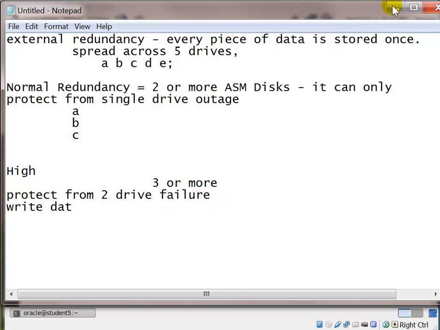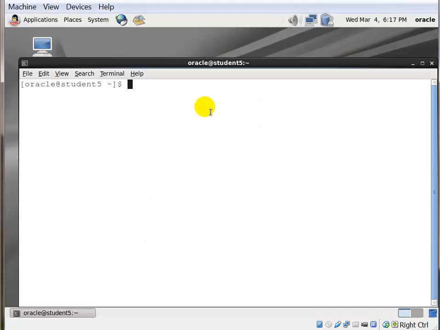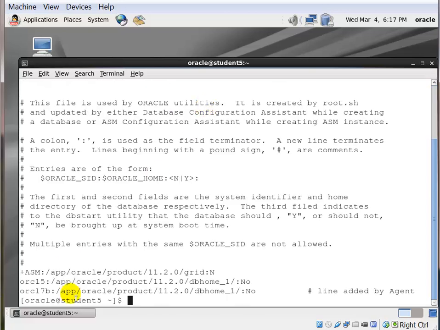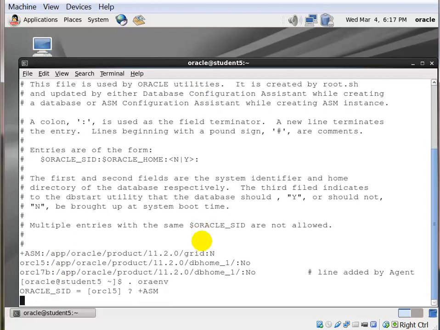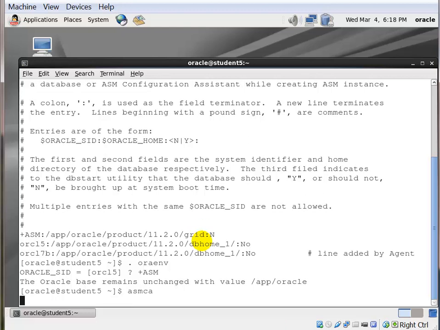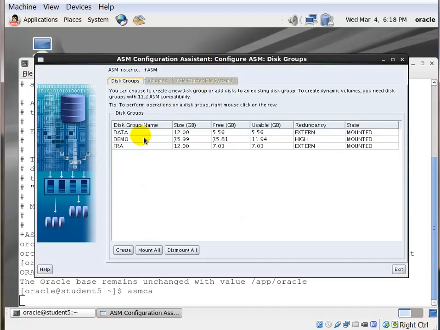All right, so here we are. Actually, let's take a look at our tab first. We have a ASM instance, right? So make sure we set it to the right instance. I want to quickly bring up ASMCA tool just to give an overview of what we have at this moment. Okay, so ASMCA comes up. So right now we have